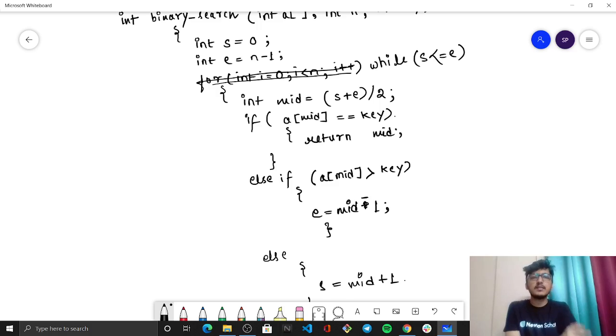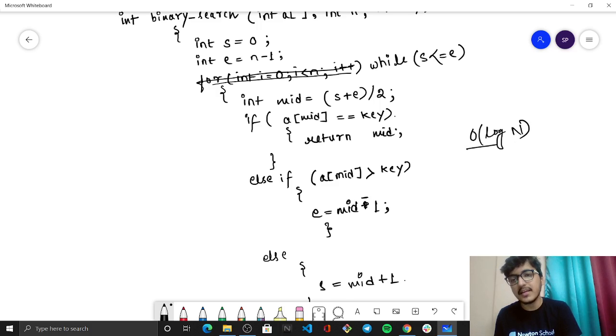So this is how binary search is done, and the time complexity for this is O of log n. Now what exactly is time complexity, ये तुम्हें कुछ lectures बाद हम जब time complexity, space complexity discuss करेंगे, then we will be talking about it. In the meantime, you just remember that this is the time complexity for this one, O of log n, and that will be enough for us for now. So O of log n is the time complexity for binary search, and yeah, that is the code for binary search.